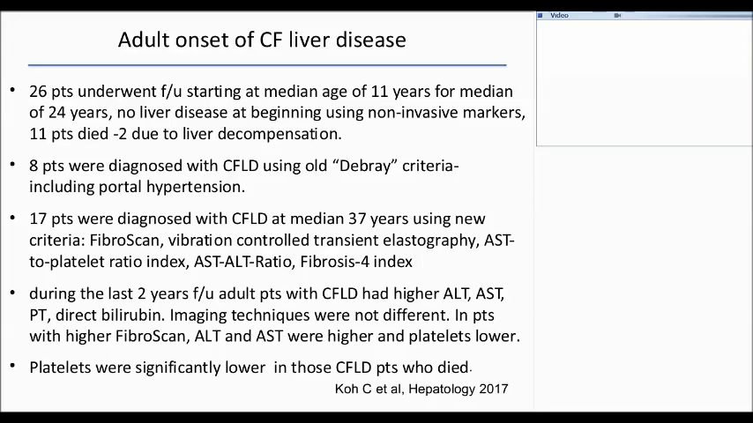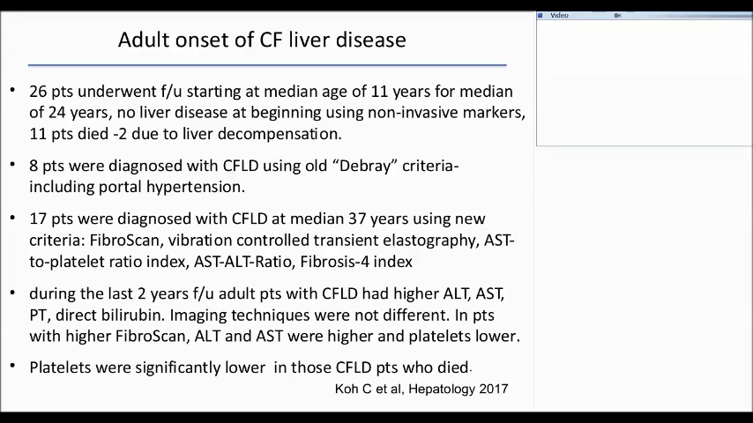When they looked at the outcome after this follow-up period of the last 2 years, they found that those patients newly diagnosed with CF liver disease had, in the end, higher ALT, AST, prothrombin time, and direct bilirubin. The numbers were still in the normal range, but altogether this group, compared to those who did not fit the criteria, had a little bit higher numbers. By normal ultrasound imaging there was no difference,